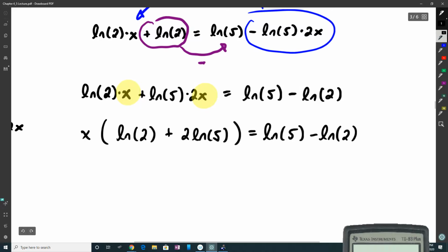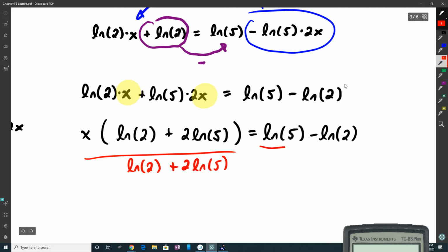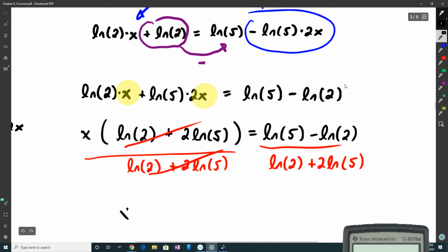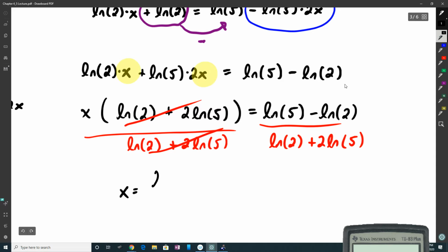There you go. And then the last step is to divide by all that ugliness right there, and that's going to be your answer. So x is equal to ln of 5 minus ln of 2 over ln of 2 plus 2